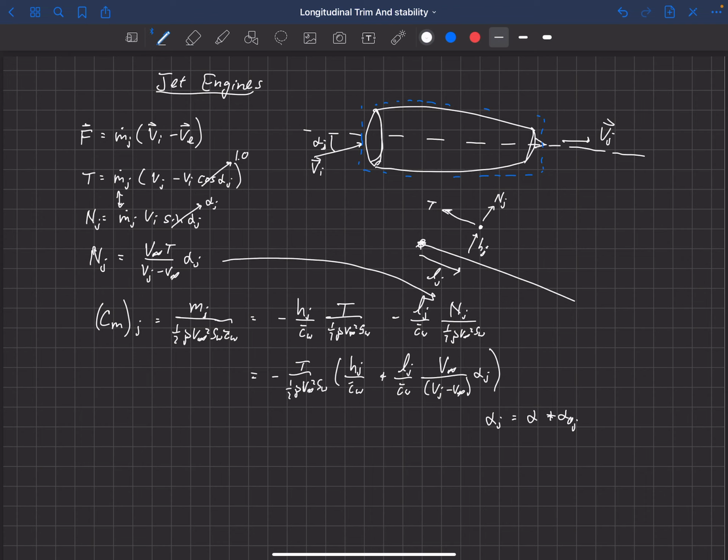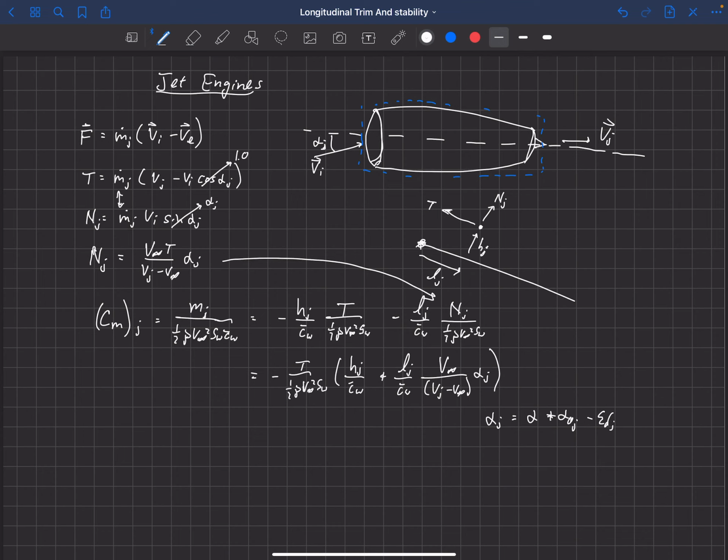So a mounting angle of the jet relative to our fuselage reference line that is being used to calculate the free stream angle of attack. And then we can also account for the downwash from a wing. And of course, if this is sitting on an aircraft, it's sitting close to a wing most likely, and it's going to experience some downwash, especially from the main wing, or its relative position to the main wing. And so we'd compute that downwash, or estimate it the same way we would the downwash of a propeller sitting there, or another lifting surface in that same location. So that would be the downwash at the jet.